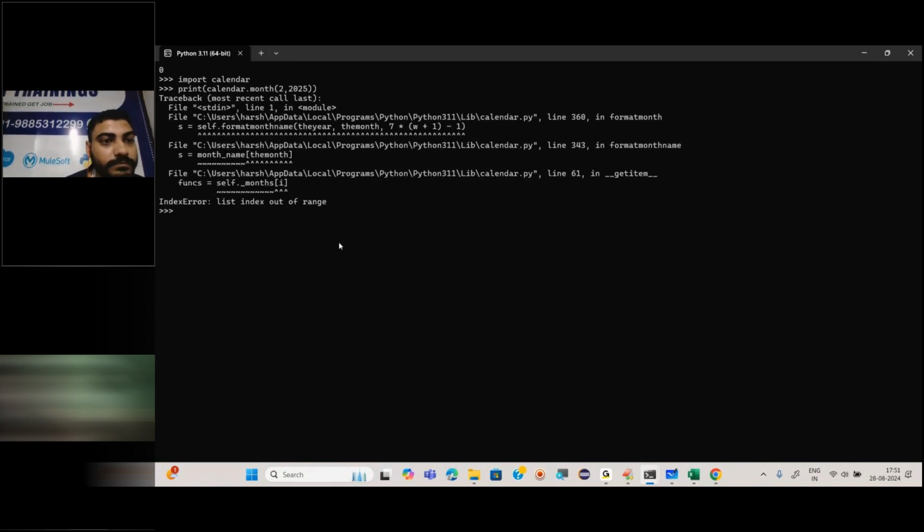Once you import the calendar, write print of calendar, that is a class, dot month, month of 2024.